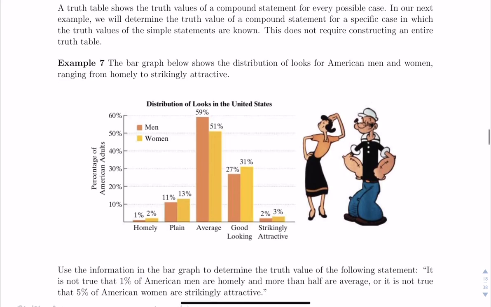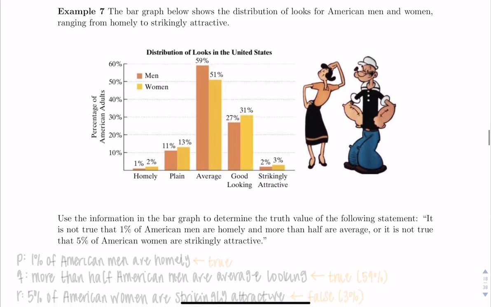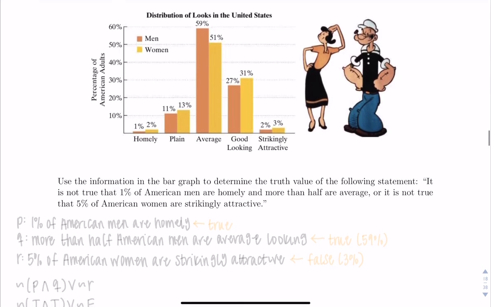So example 7 is the bar graph that shows the distribution of looks for American men and women, ranging from homely to strikingly attractive. We want to use the information in the bar graph to determine the truth value of the following statement. It is not true that 1% of American men are homely and more than half are average, or it is not true that 5% of American women are strikingly attractive. So let's go ahead and list out our P, Q, and R